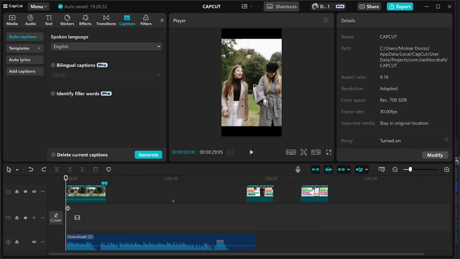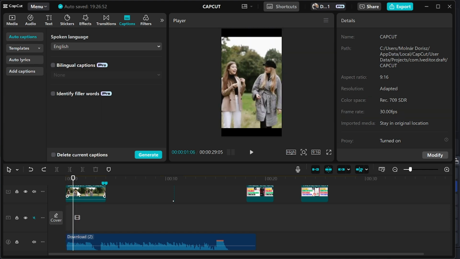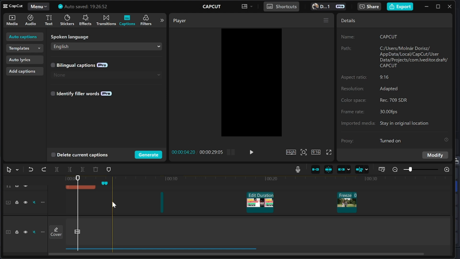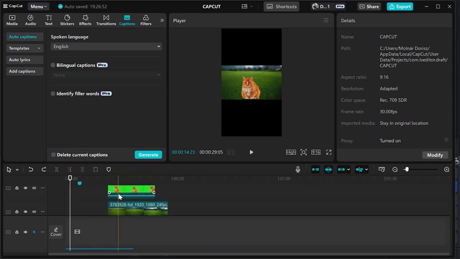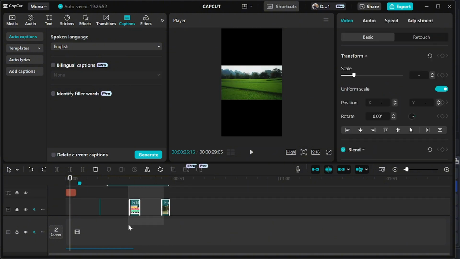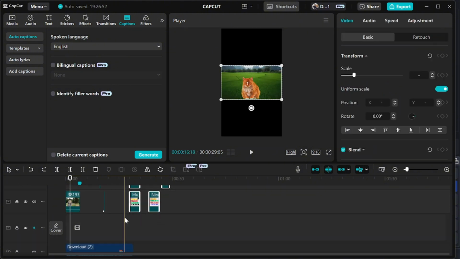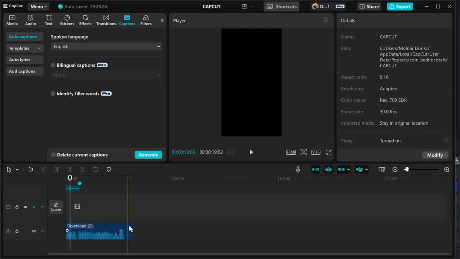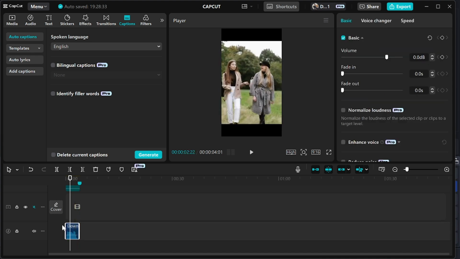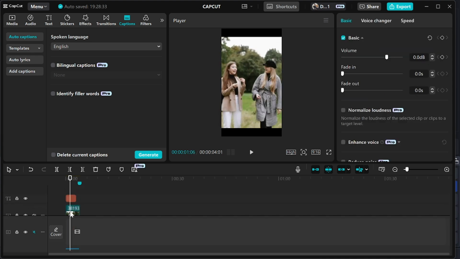The important thing with CapCut is that if you would like to only export this part, you need to delete all the other parts. So you just click Ctrl and use the scrolling wheel on the mouse, and you're gonna delete everything else which you wouldn't like to export. So we're gonna just delete all the other clips so that we only have this one clip here. So now that we deleted everything and we made the song as long as the video, we're gonna just go